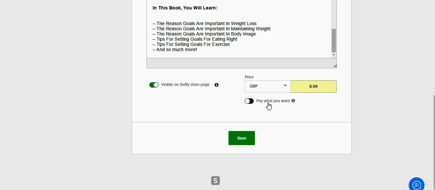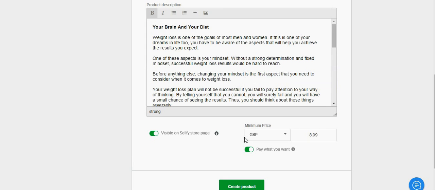There is a little button here which I'm going to press. It's called Pay What You Want. What that basically means is you set the minimum price, and then the customer can pay you more if they like, but the minimum would be what you set. I always put that in. You get some rich folk out there and they may want to pay you more for your book, so there's no harm in ticking that button. I just click save here,